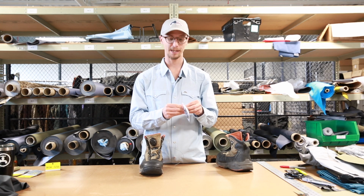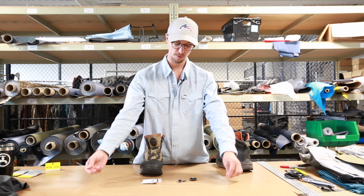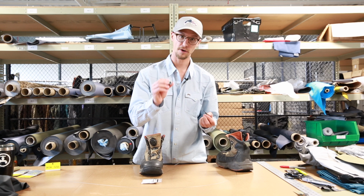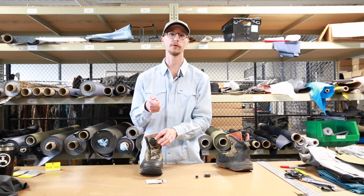First thing we're going to do, we're going to empty out the contents and we'll go over what we have. So we got a replacement cable, our outer dial, our tool, and our internal mechanism. And if you need to get a replacement kit, you can get it at simsfishing.com or at your local retailer